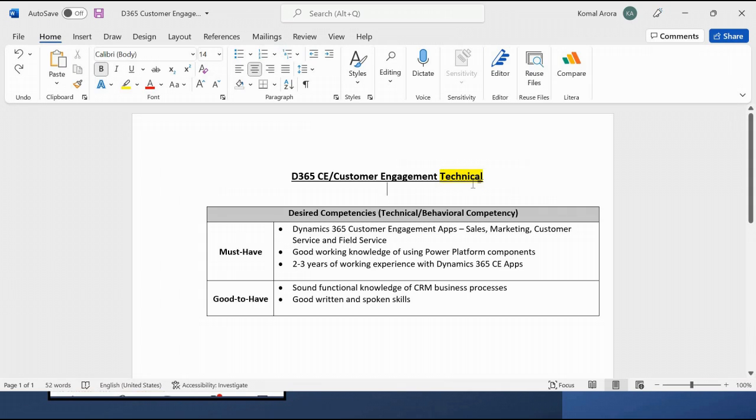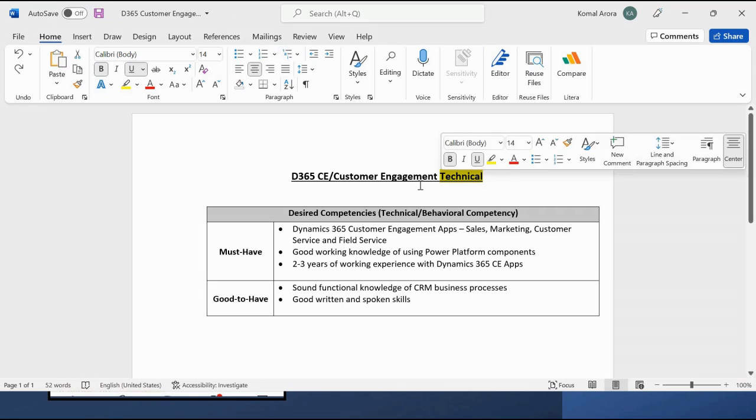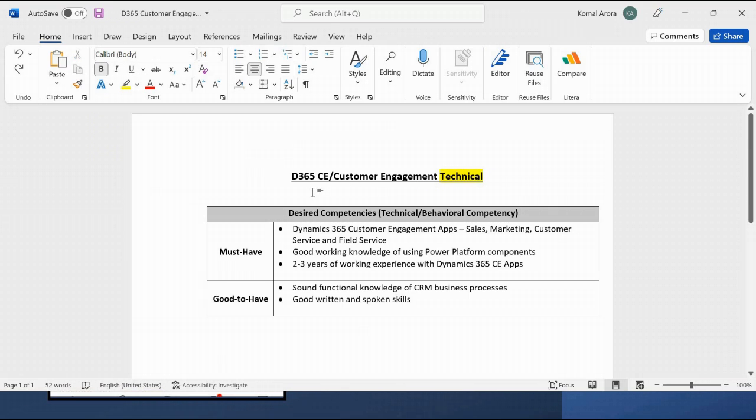In this job description, in this job title, you will find a mixture of profiles, technical and functional. Once you search the resumes, you will find many people who are technical, and many people who are functional as well. But we have to focus on the technical person. I hope this JD is clear: we need a person who is working on D365 along with customer engagement, and technical. Friends, here only the skill set, the brief JD, is mentioned, but our JD is very clear by the heading itself, by the job title itself.